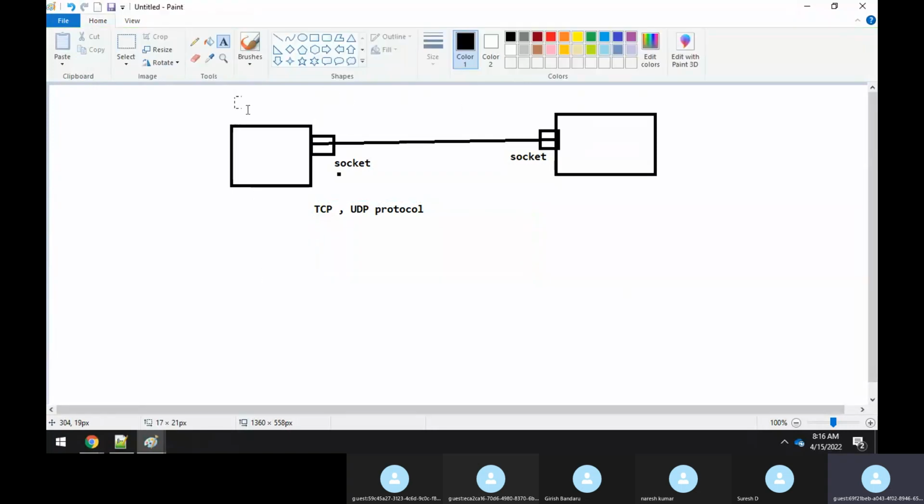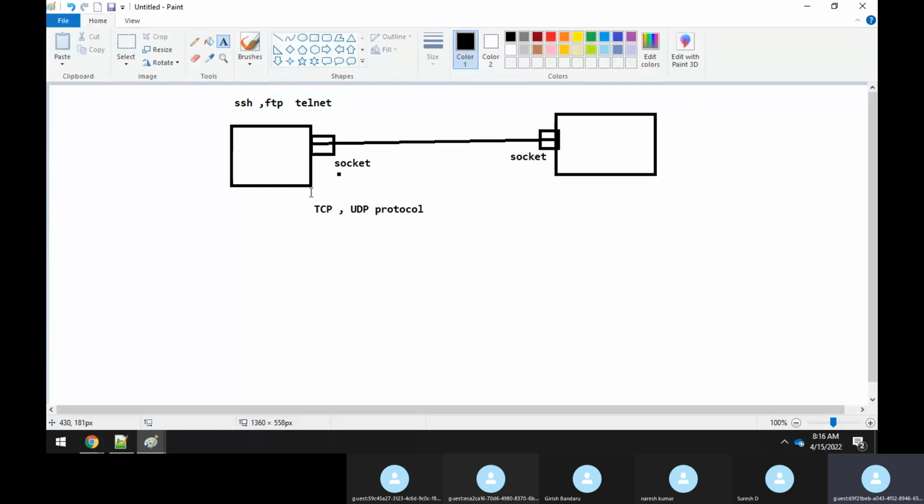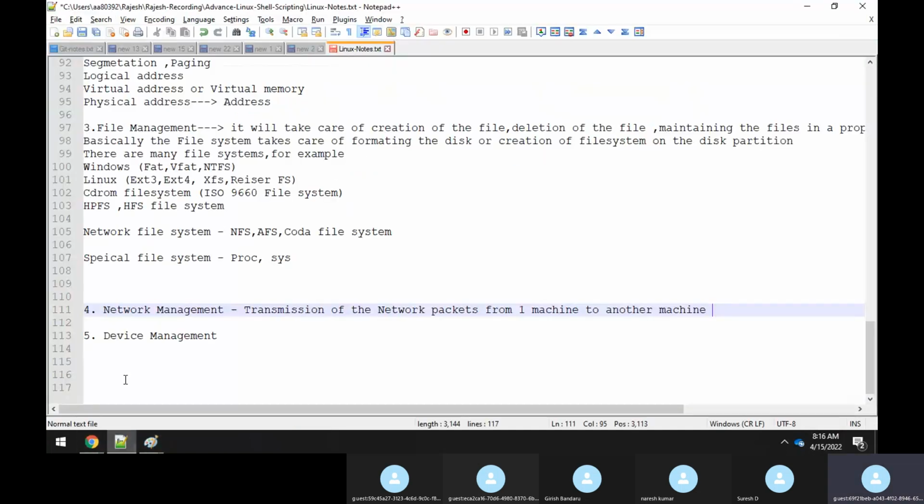Either these two machines can communicate with SSH, or with FTP, or with telnet, right? These are the different ways in which two machines can communicate. All this communication between two different machines, the transmission of the network packets from one machine to the other, is taken care of by the network management model of your operating system, right?